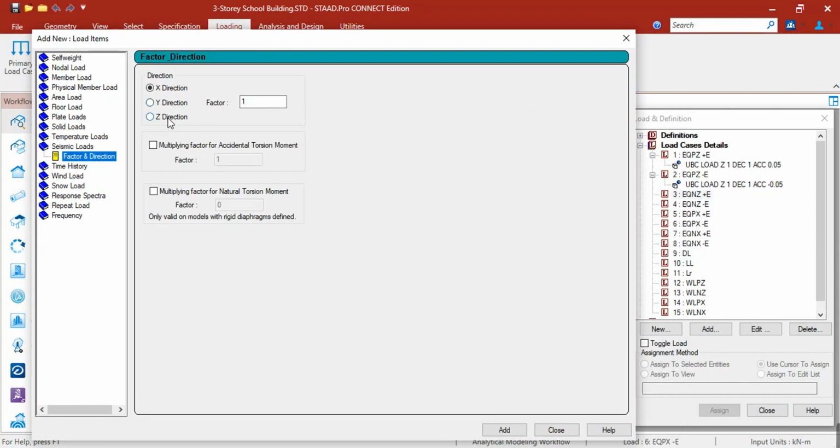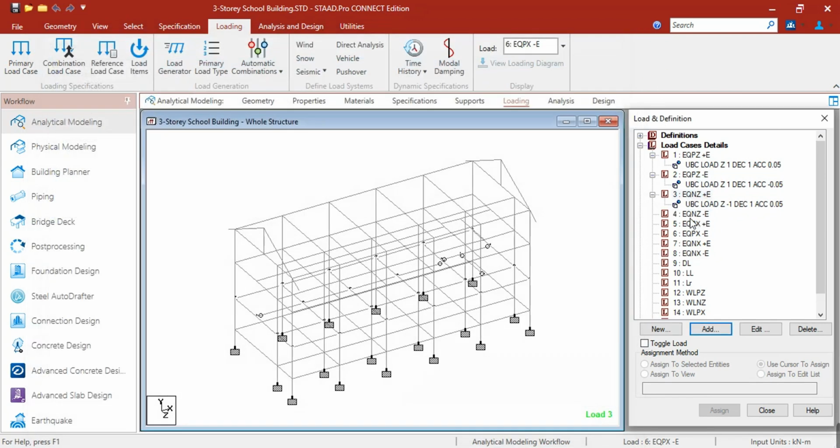Since this is still at Z, but this is negative, this should be negative 1, and this should be 0.05. This is 1. So EQ negative Z direction plus positive accidental torsion moment, so that is positive 0.05. Click add. So do that for the seismic load cases.